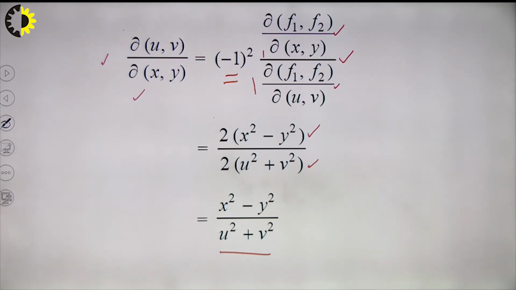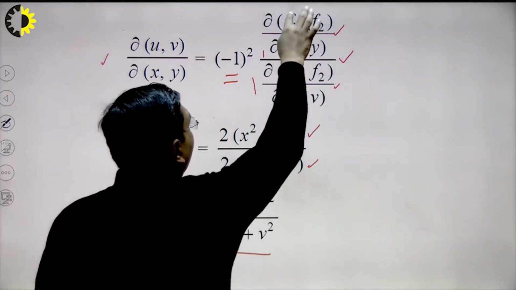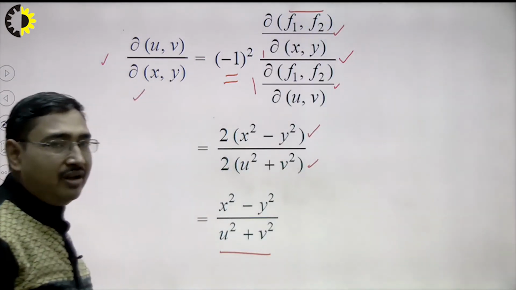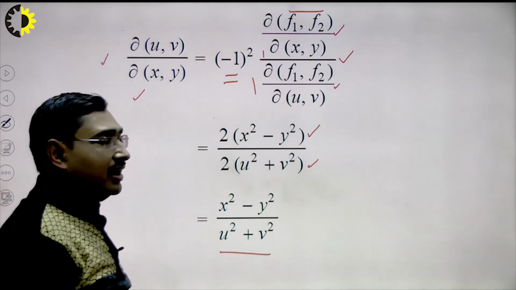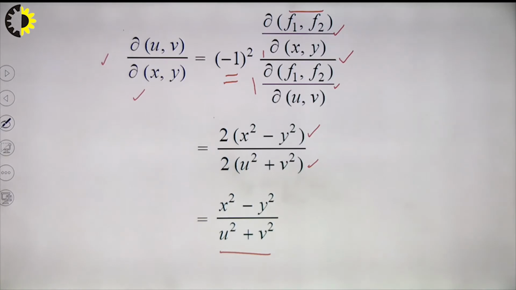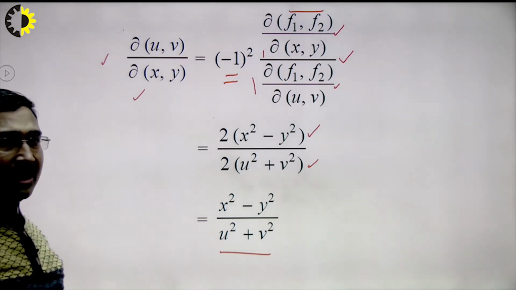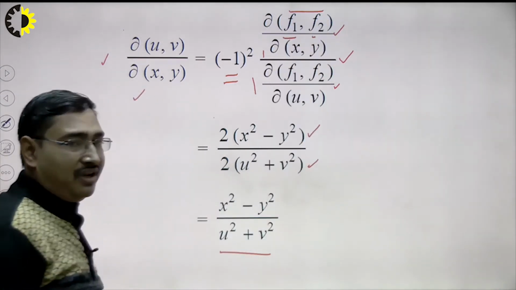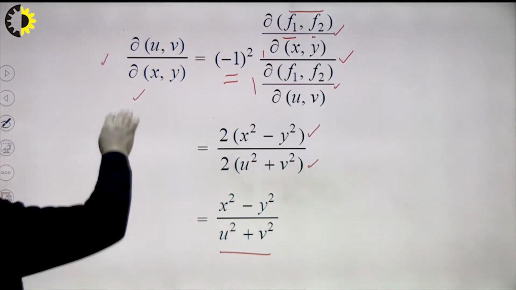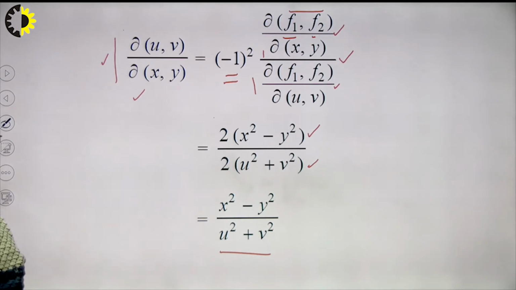What is done? Let me sum up once again. We were given two functions f1 and f2 involving x, y, u and v. In fact, functions f1, f2 are assumed by us. We were just given relations involving x, y and u, v, and those relations were having RHS as 0. So I assumed the left hand side as f1 and f2 in order to calculate this Jacobian.